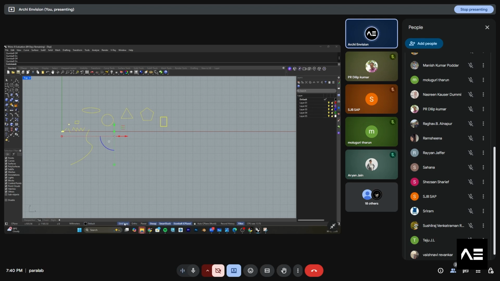This is the thing you have to focus on. It will say grid snap, ortho. Grid snap is nothing but it will snap on each grid. Can you see it? It will snap on each grid like this. If the grid snap is off, it doesn't snap; it will move smoothly around. If the grid snap is on, it will snap on the grids. This is the difference between grid snap turned on and turned off.